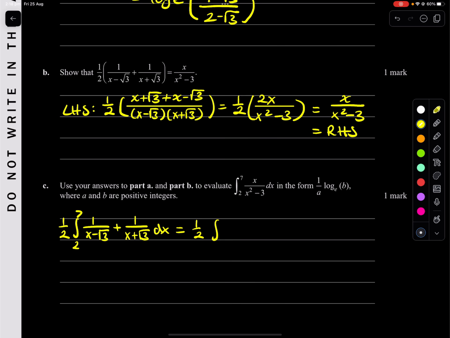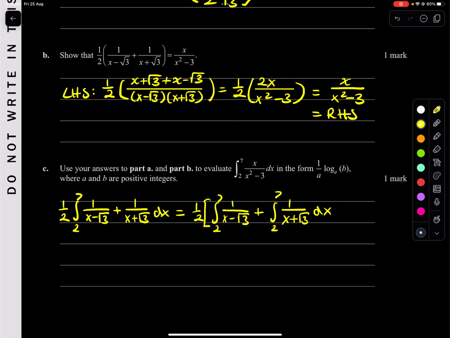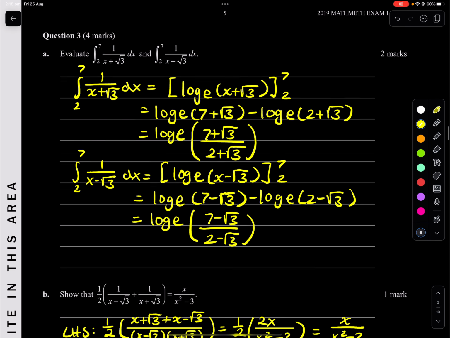Expanding those, so it'll be the integral from 2 to 7 of 1 over x minus root 3, let's put a bracket over here, plus the integral from 2 to 7 of 1 over x plus root 3 dx. Close bracket, and we know that